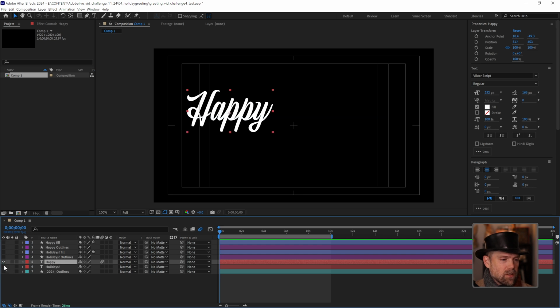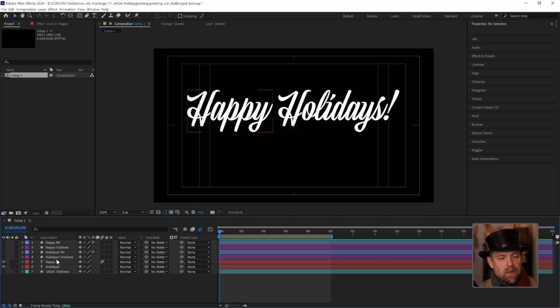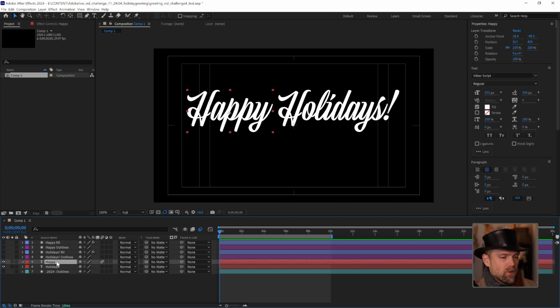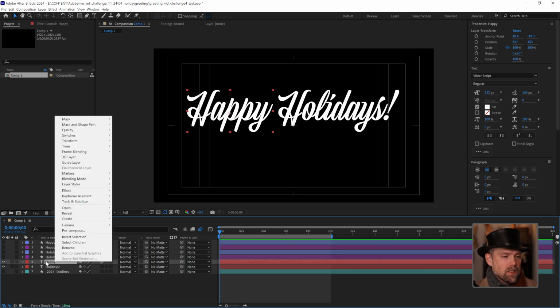So I'm going to turn these on. These are the live type. And all you have to do to create outlines to get to the effect we want to use, which is going to be trim paths, which I know we've used several times. We will continue to use it. But this one, we're just going to create to add a little flair to our video greeting in Adobe Express. But first, to get to that, go click on Happy in this case, or whatever your type might be,